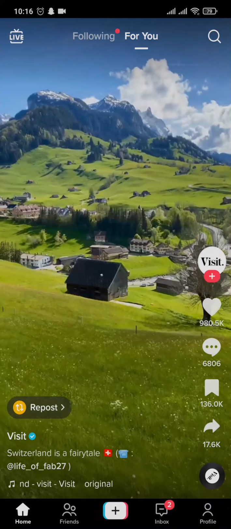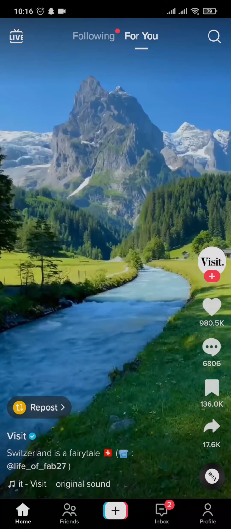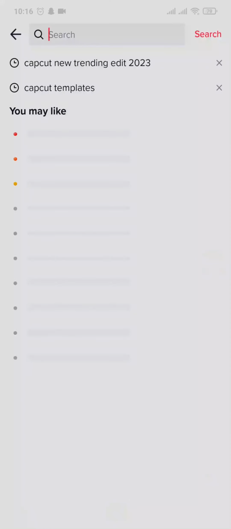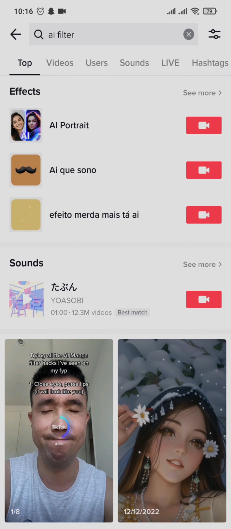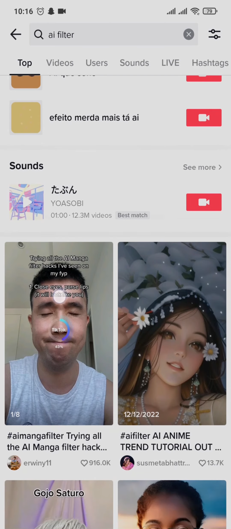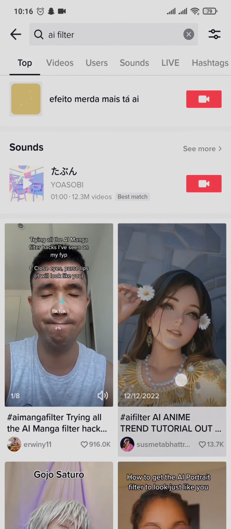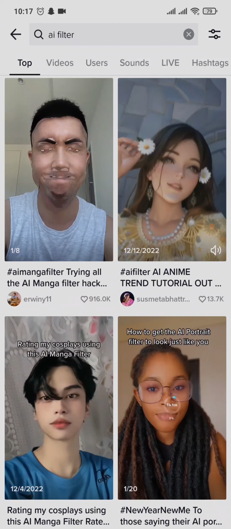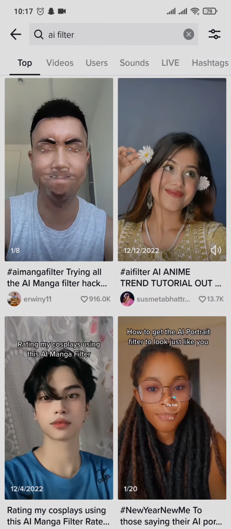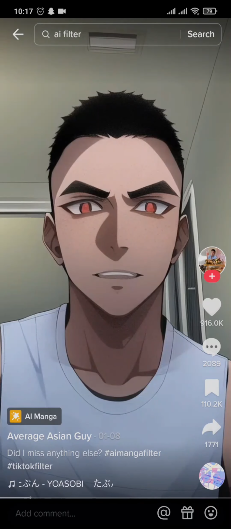Other than this, you can also do a second thing. Tap on the search bar on the top right and search for AI filters. This way you can also get in different filters, and you can also watch other people adding in the AI filter to their videos. If you like a particular filter that you see, just open up the video and you'll